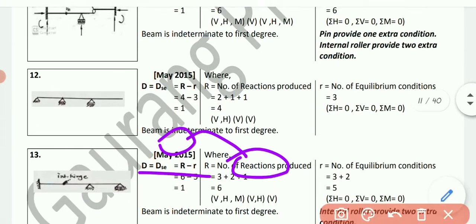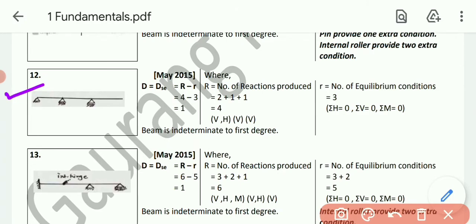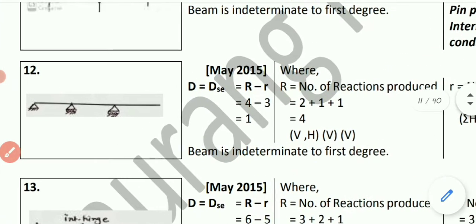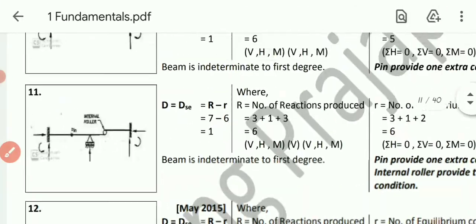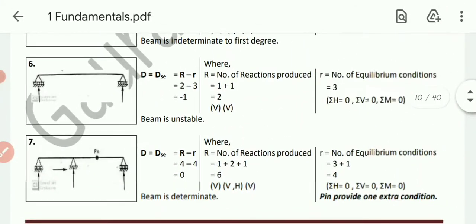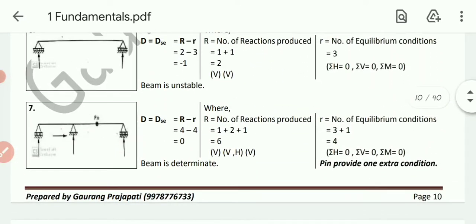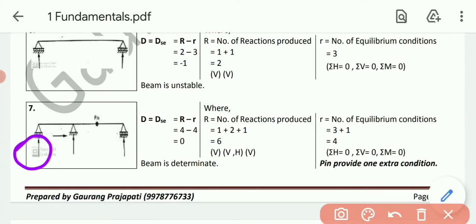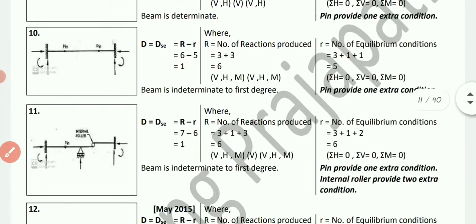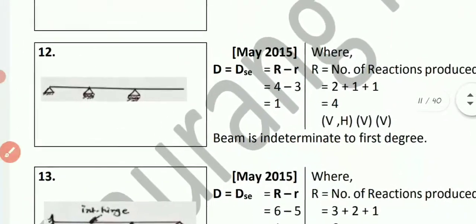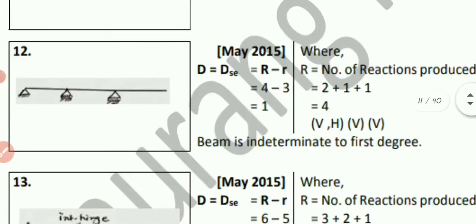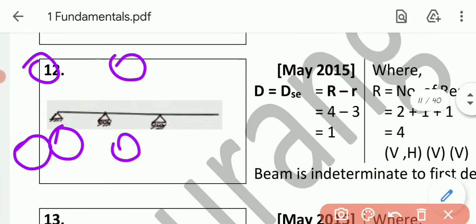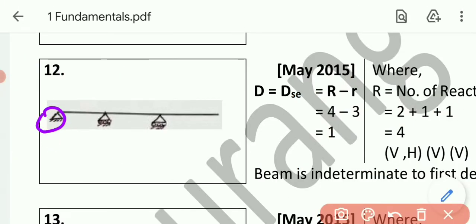Then example number 12. Now these are the examples which have been asked in the exam. Okay, let me zoom the sketch. See, these were the examples from the reference book from which I have taken. Over here you can see the reactions. In the book reactions are shown in the data, but in the exam reactions will never be given to us. We need to identify them by ourselves. So first of all, in this one there is a hinge support, so 2 reactions will be there. Okay, so you can see capital R, 2, that is vertical, horizontal.